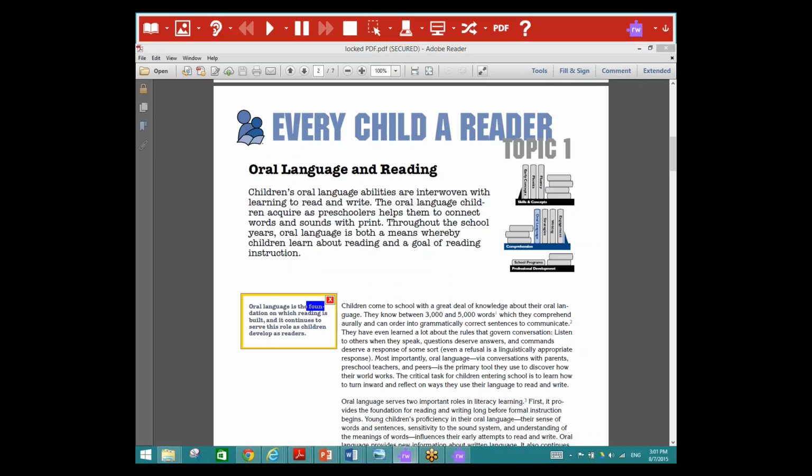Oral language is the foundation on which reading is built, and it continues to serve this role as children develop